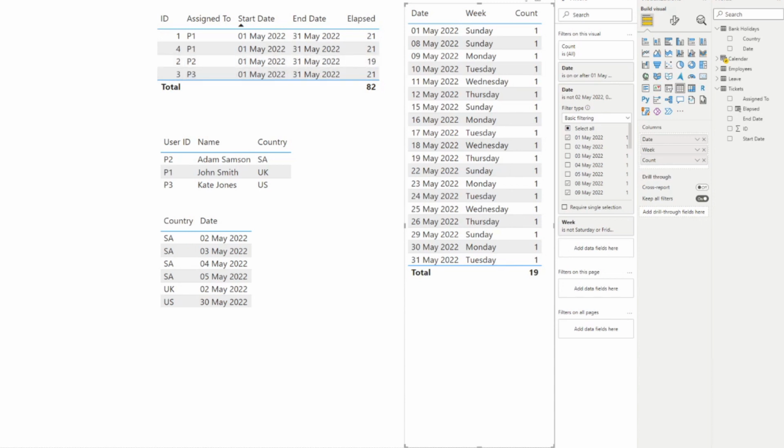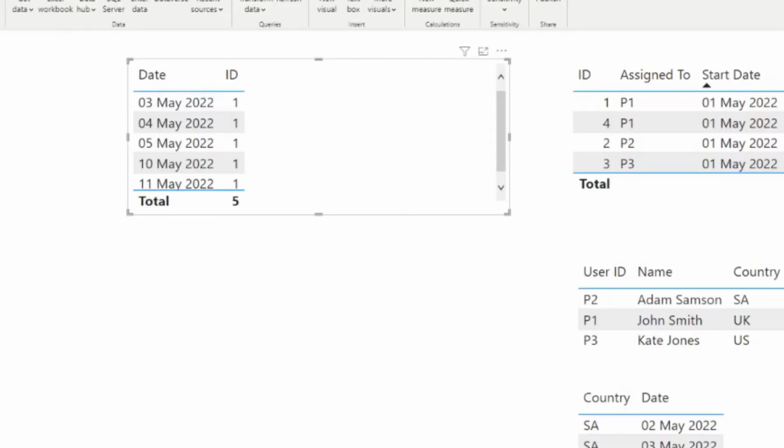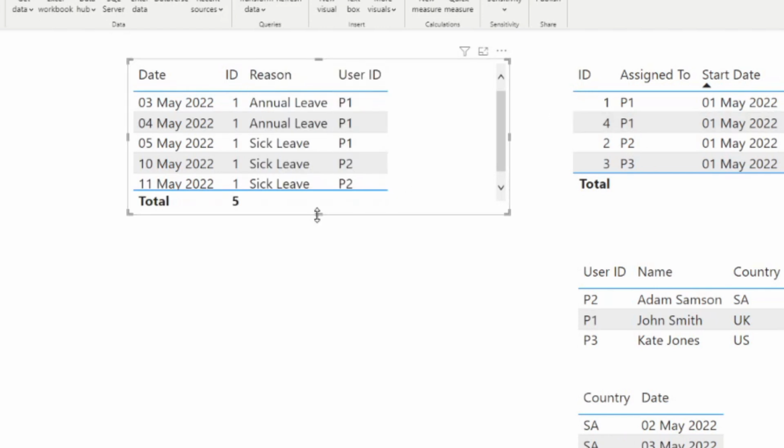The last scenario that you might have is when our employees take leave of absence, either annual leave or sickness absence. If they're working on a ticket and are away in between a ticket's resolution, it's not exactly fair to include their absence days in the total elapsed time, as it doesn't truly reflect the actual days worked on a ticket. So here I have a different table, the leaves table, and I'll put it in a table here one last time,